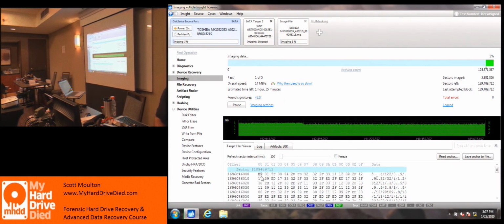But this part does not exist in the task force. The task force doesn't include any kind of hex viewer at all to see any of the data while it's happening. So, anything else? Anything else that you would...